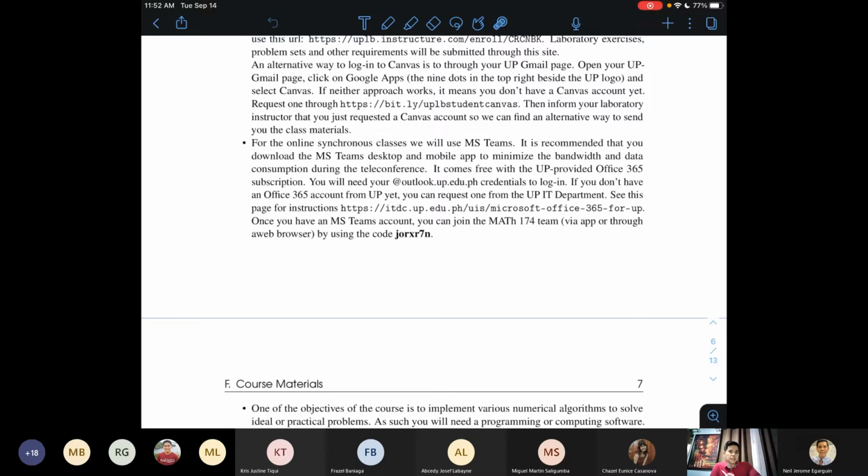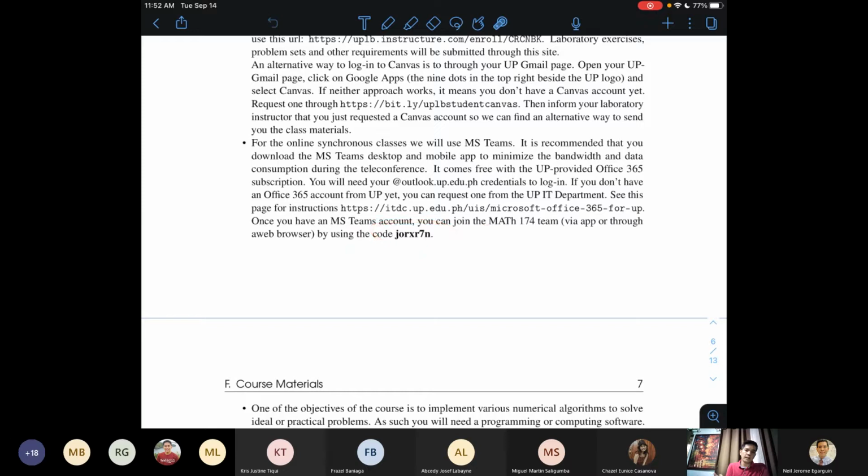So that's the same login credential that you need to download Microsoft Teams. Yun din yung ilalogin nyo sa Microsoft Teams. And once you have entered Microsoft Teams using that account, you can search for the Math174 team using this code.